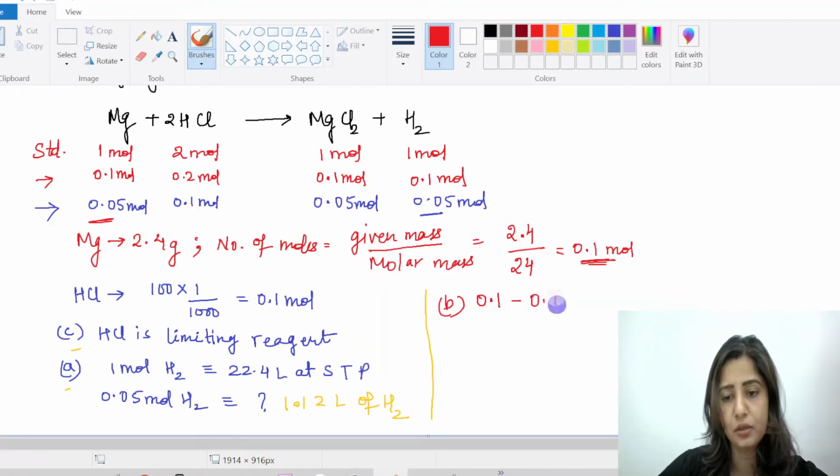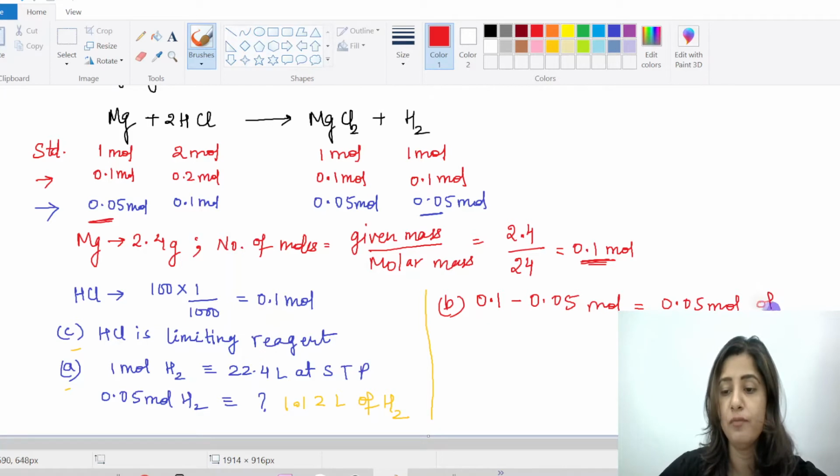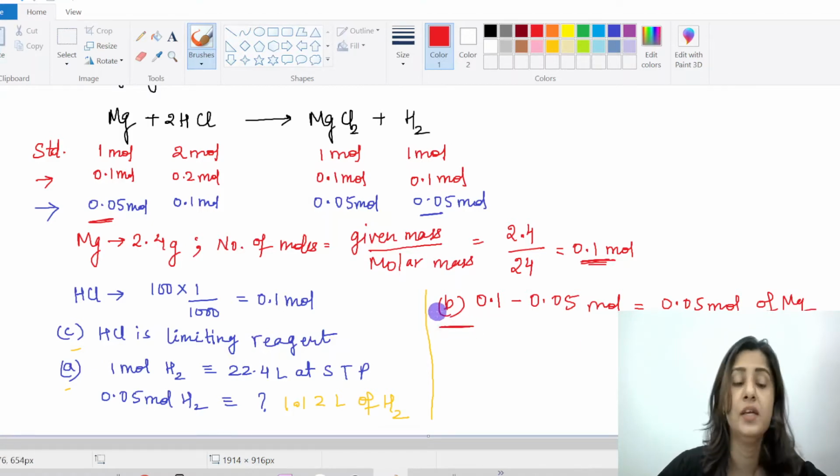So minus 0.05 mole is consumed. How much are we left with? We will get 0.05 mole left behind. 0.05 mole of magnesium is left behind, but option B says that 0.01 mole is left behind. So yes, B is the answer. So in this question our answer is B,